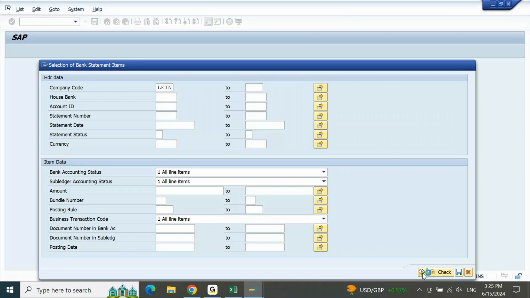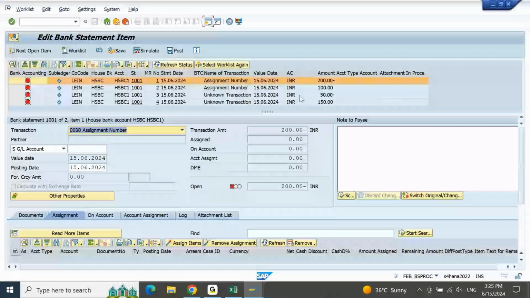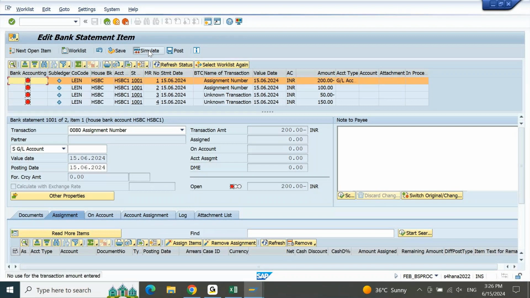We will see what details will come and how we are able to segregate, understand this. HSBC 4 transactions are appearing here. HSBC 4 entries are appearing here, but still it is not able to detect. Let me see if I can select this. If I click on simulate posting, no use for the transaction amount entered. It is giving some message, and if I try to come back,